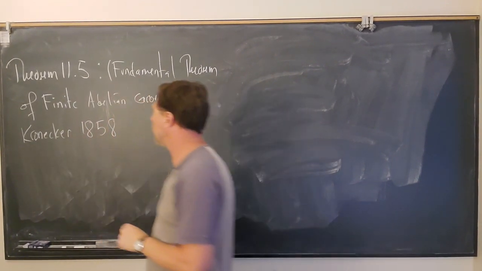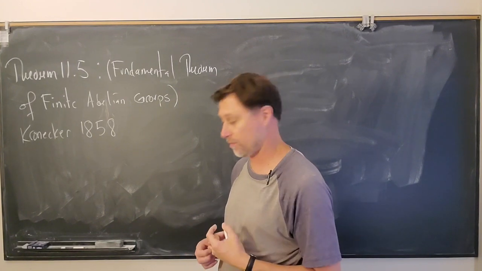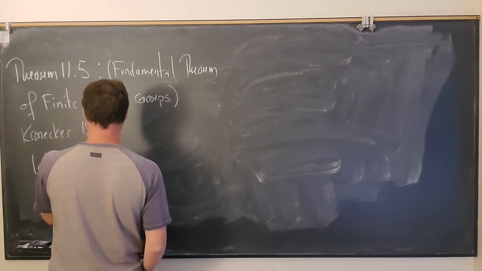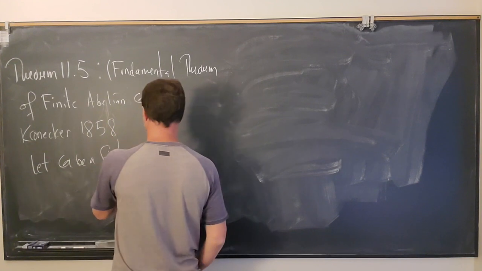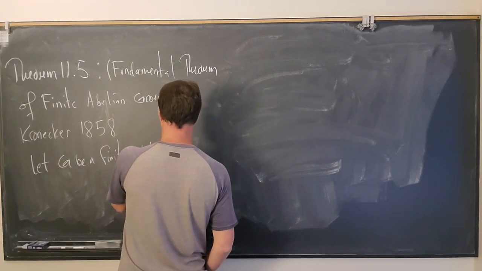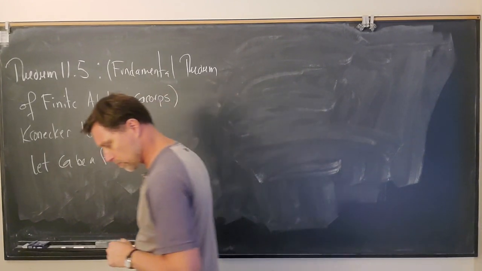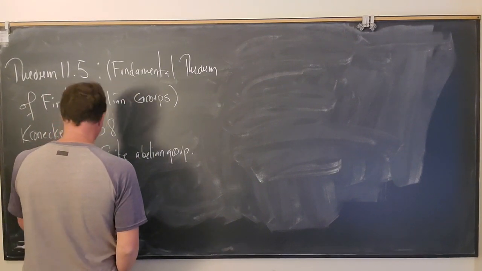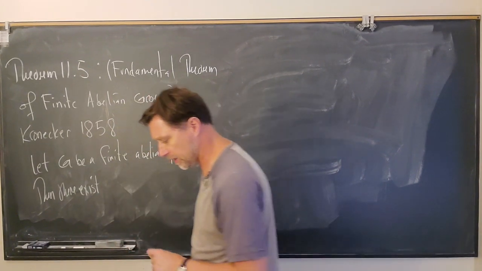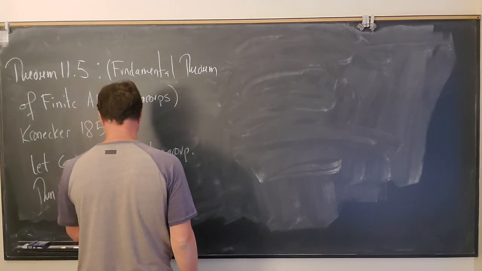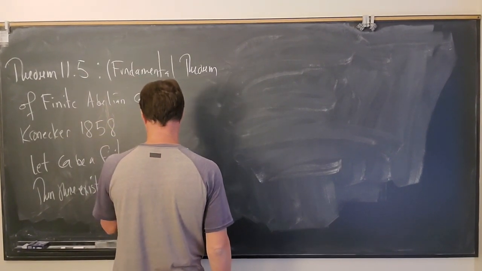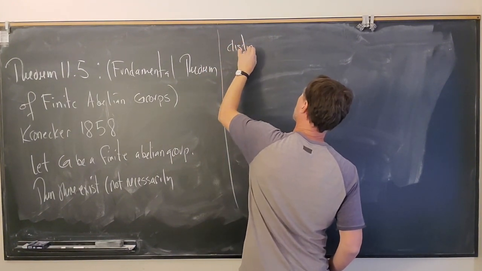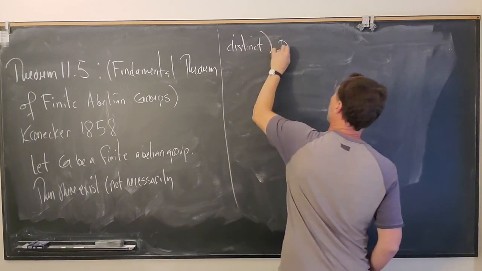All right, so this goes way back, and what this is going to tell us is really going to tell us everything we need to know about finite abelian groups. So it goes like this. Let's let G be a finite abelian group. Then there exists a collection of primes, and this collection is not necessarily distinct. So there exist, we'll say, not necessarily distinct primes